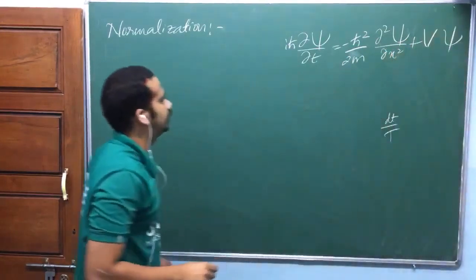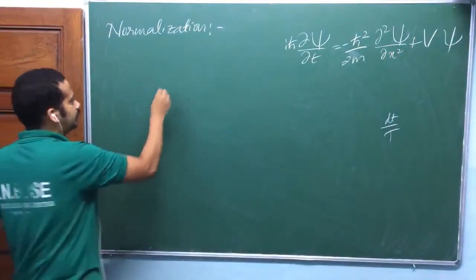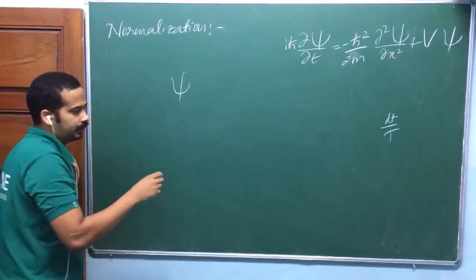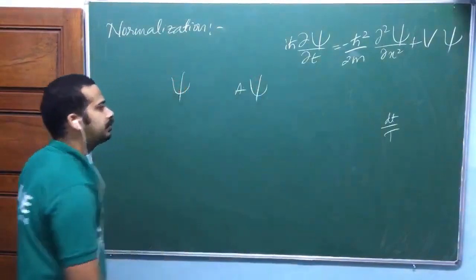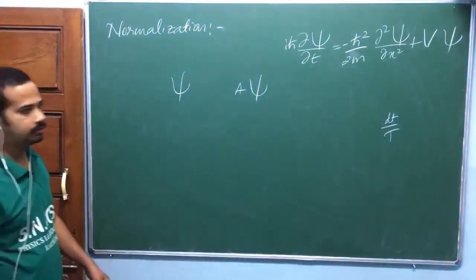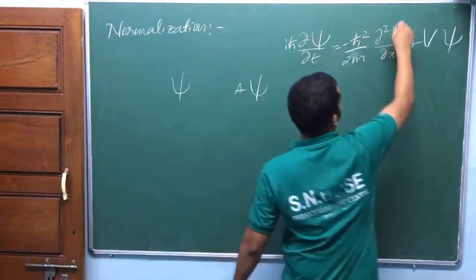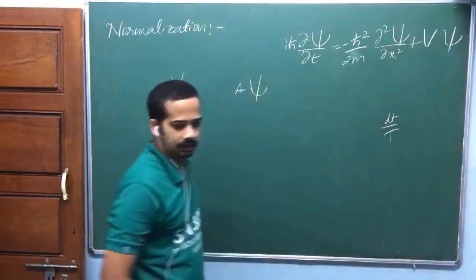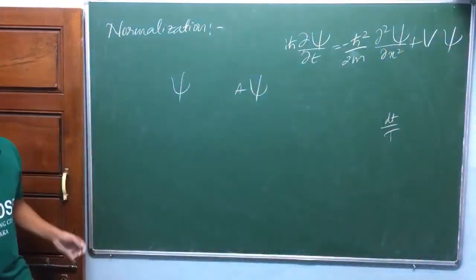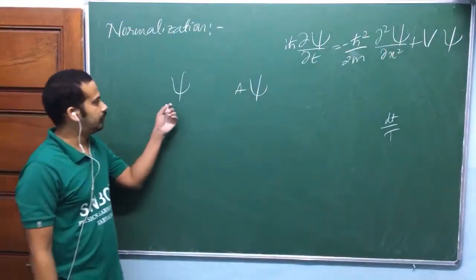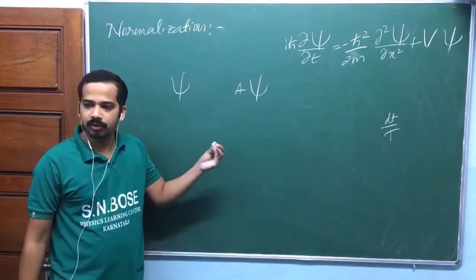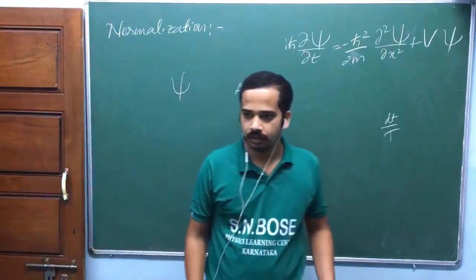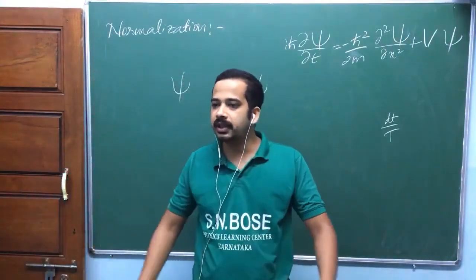Okay, now look at here. In the equation, dou square psi by dou x square plus V psi, if psi is the solution, and you multiply some constant A to psi, that is also a solution of the same differential equation. Put A here, A here, because that's a linear differential equation. Is that okay? If psi is the solution, A psi is also a solution. So you are free to multiply psi by a constant, or you are free to change the multiplicative constant,